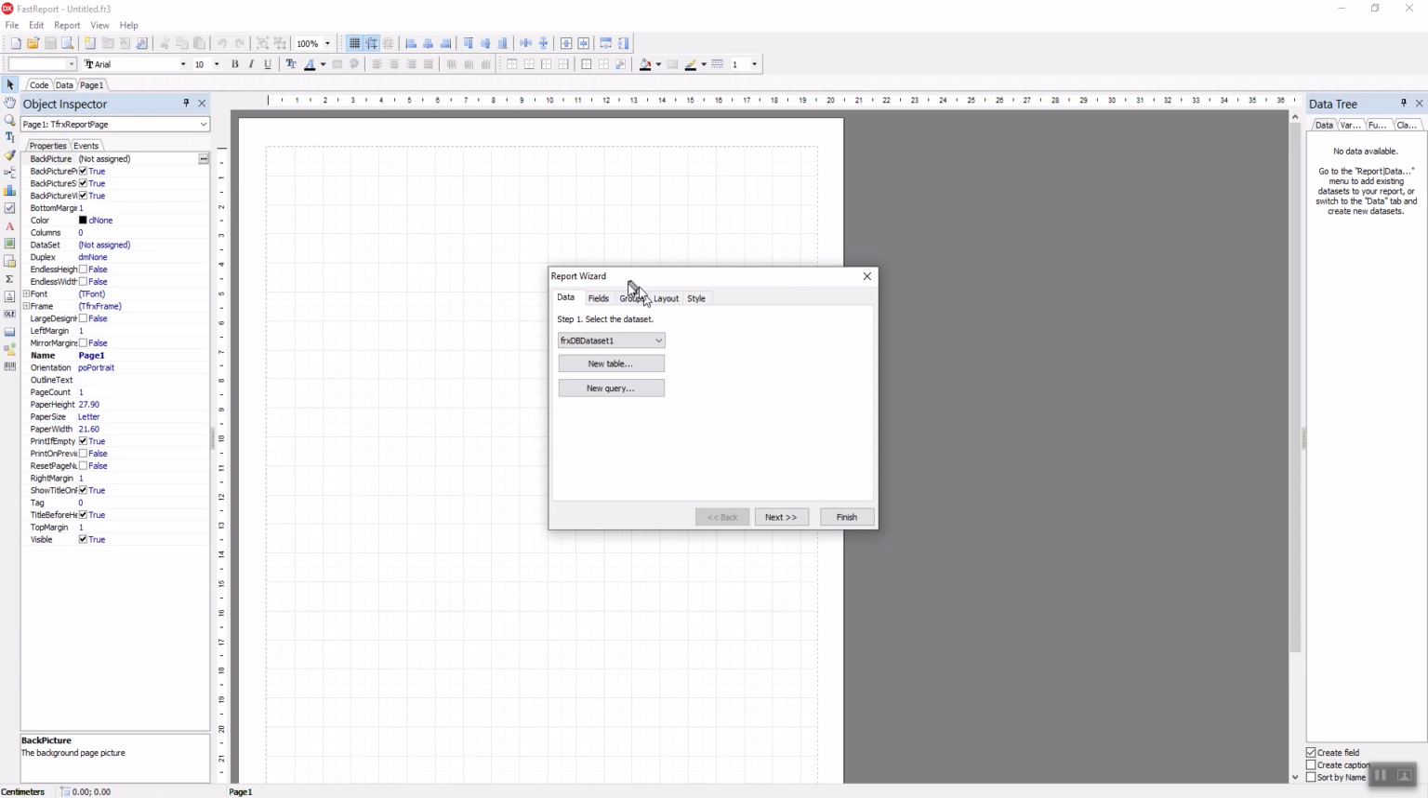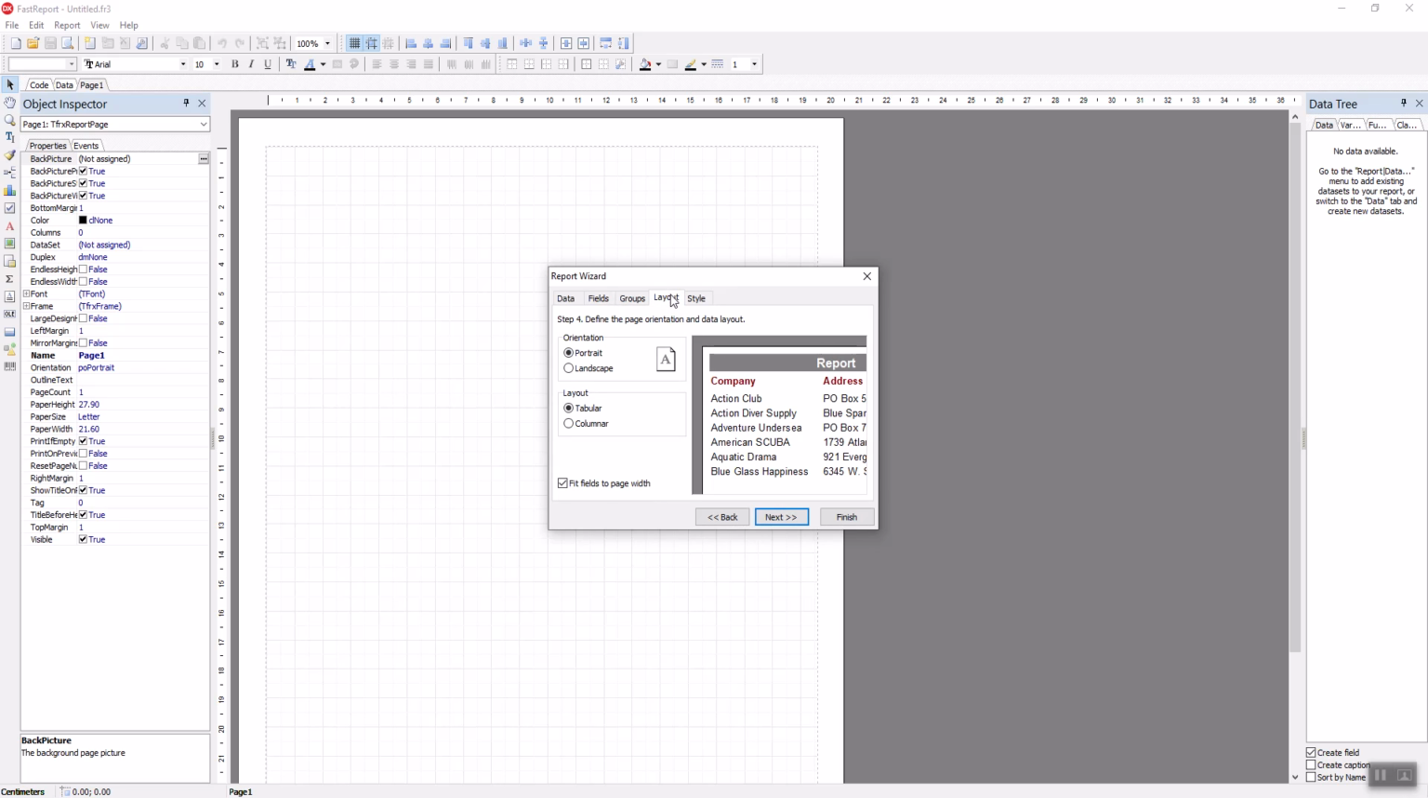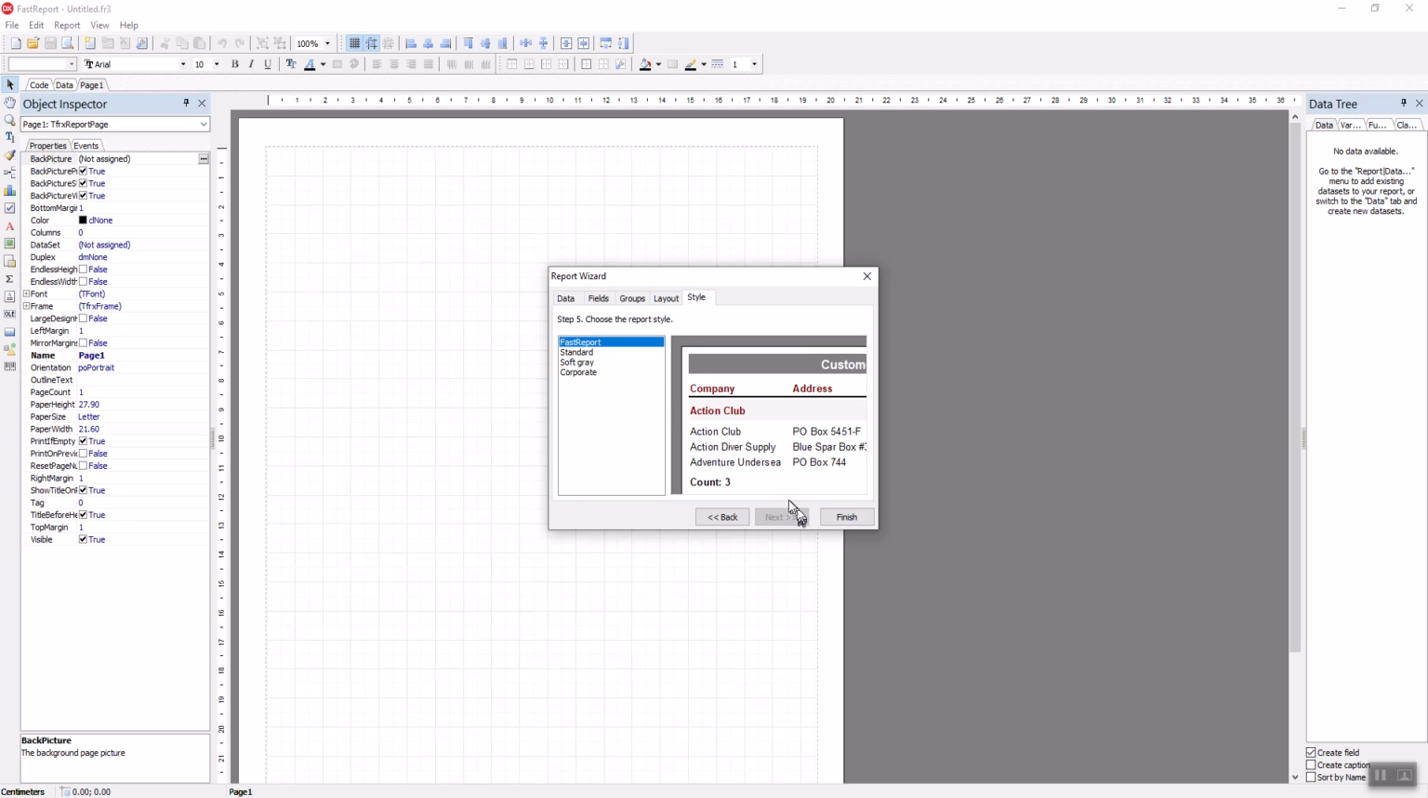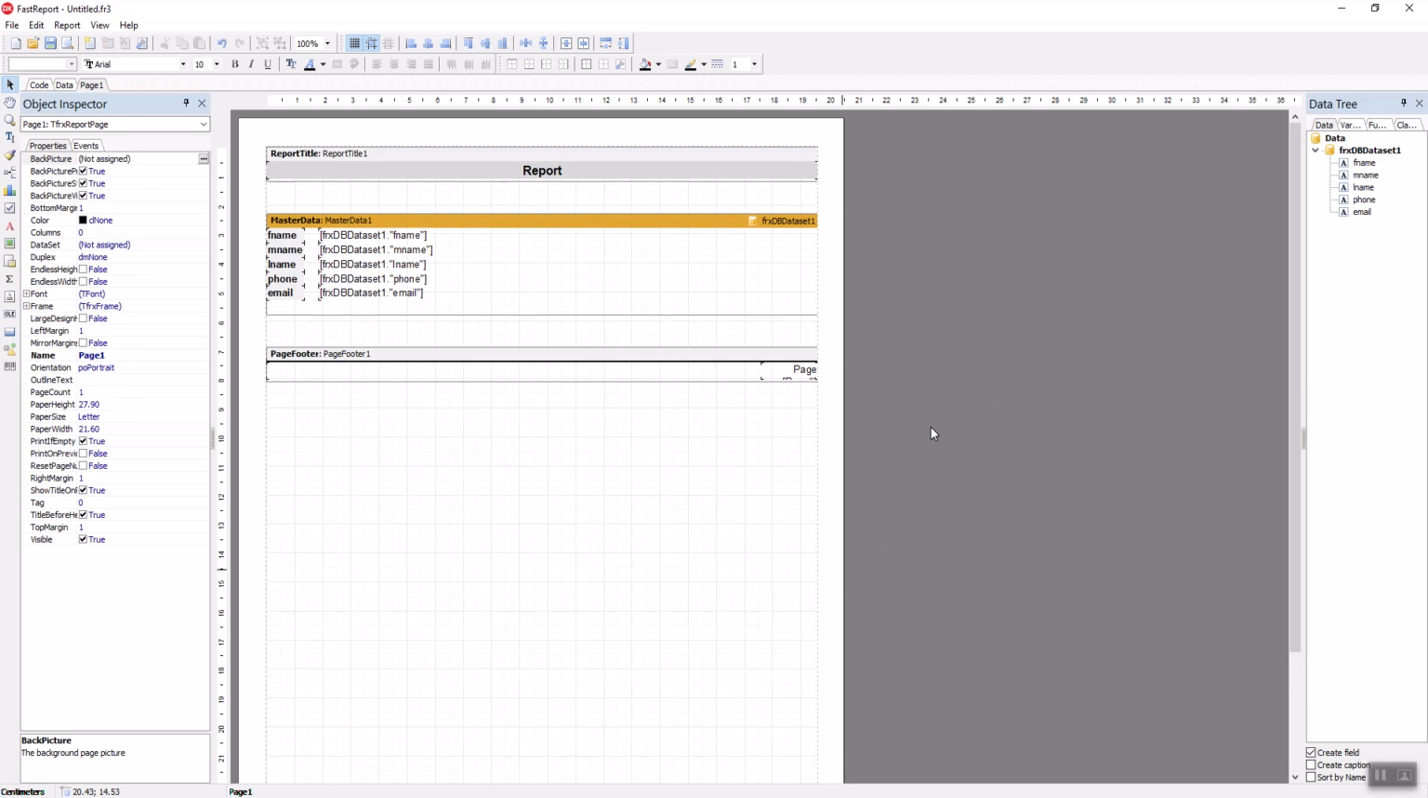Double click on that. Fields, we're just going to say add all. Next. We don't need groups right now. We'll have a columnar layout, and a style we'll use soft gray because we've got the silver selected. Click Finish, Preview,